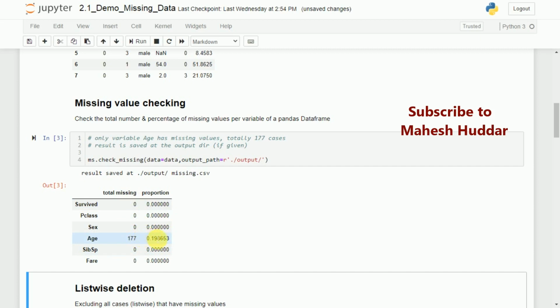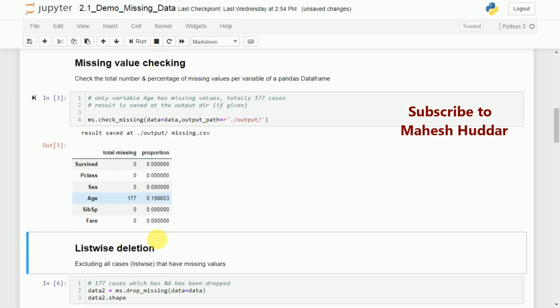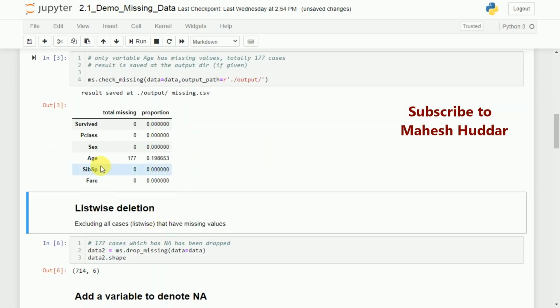There are a lot of methods. The very simple method is we remove these missing values. That's a simple step. And in the second stage, we fill these missing values with different values, which I will discuss later. So first we will try to delete all these missing values from age. We are not interested in the remaining attributes, so we remove the instances only from age.